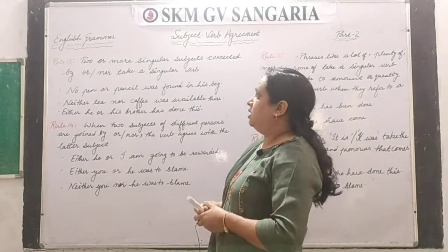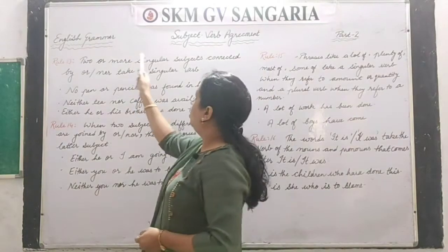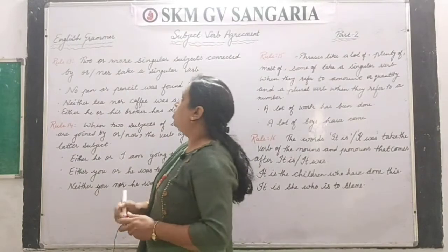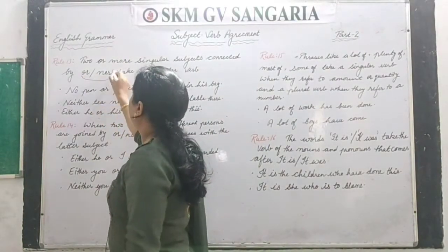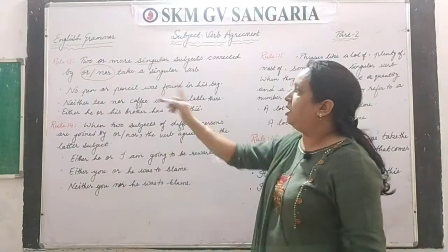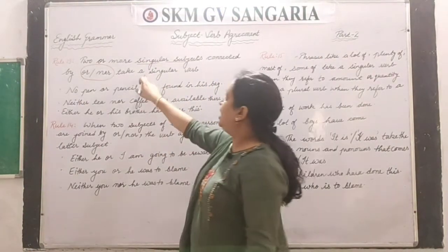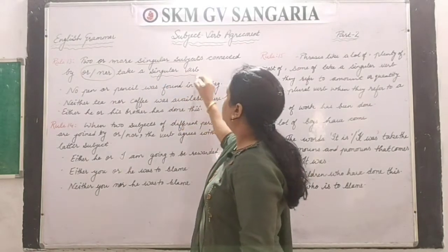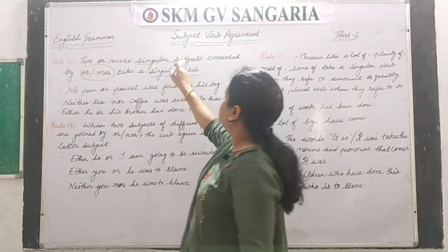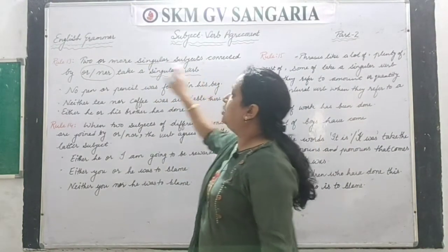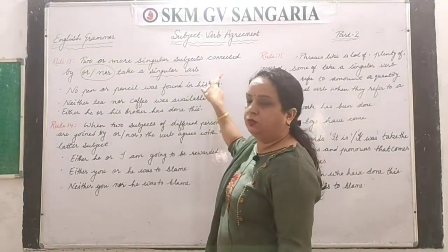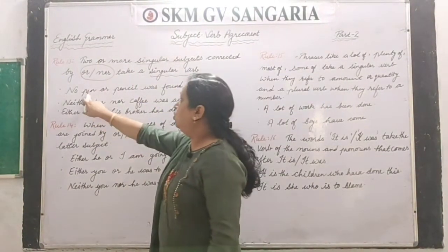Rule number 13 says: two or more singular subjects connected by or, nor. Please take care here. Two or more singular subjects connected by or, nor take a singular verb. So these three important things are here. Two or more singular subjects connected by or and nor take a singular verb. Clear? For example, no pen